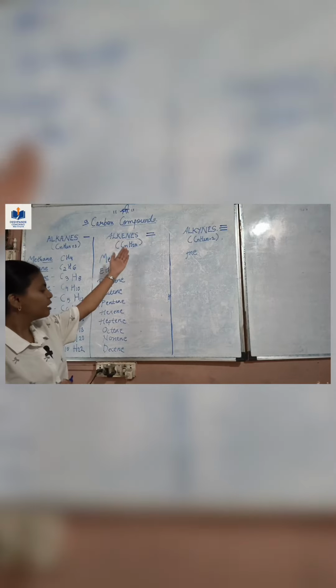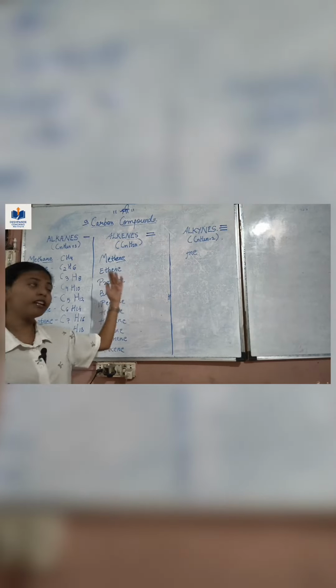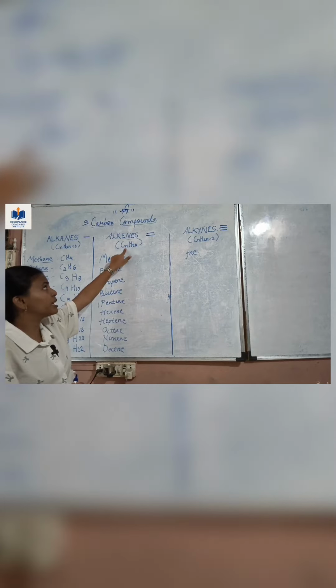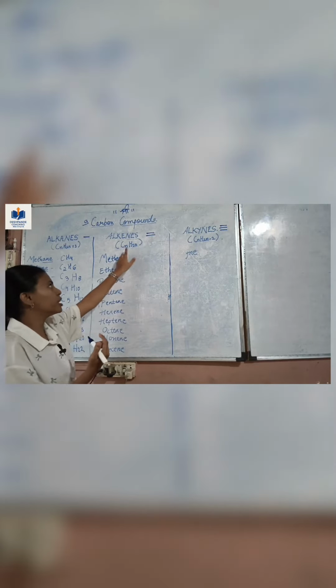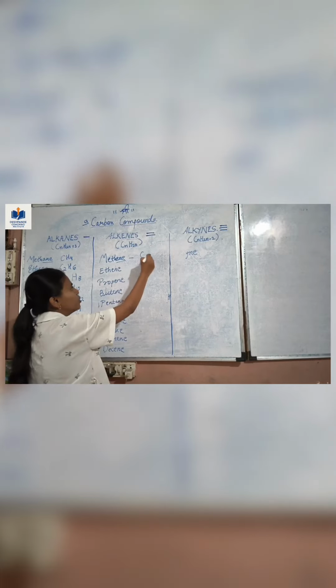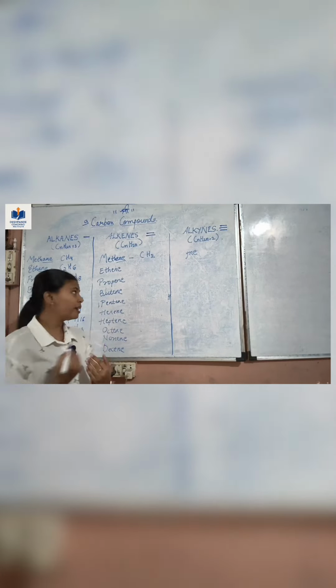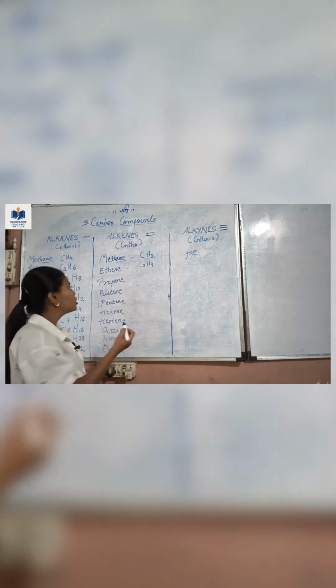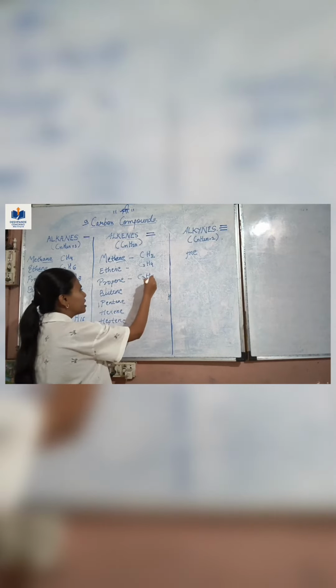Okay, got it. So we'll write the chemical formula for all the members of alkene family now. So what is the formula? CnH2n. So the number of carbon atoms is n and H is 2n, the double. So the first member, if we put n is equal to 1, so what will be its chemical formula? C1 and H2. So CH2. Then for ethene, if we put n is equal to 2, C2H4. So for propene, it is C3H6.